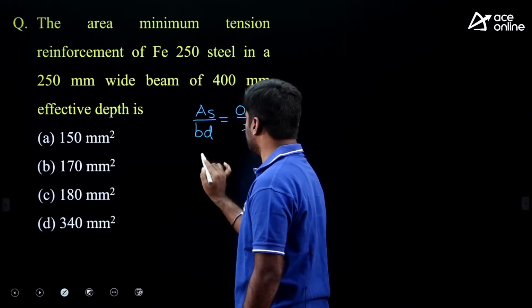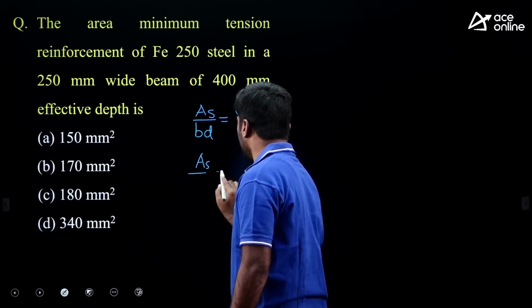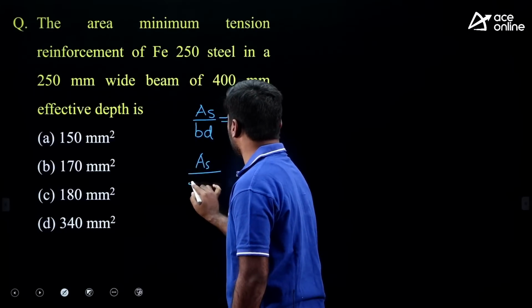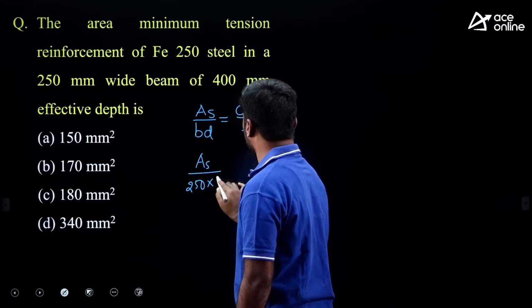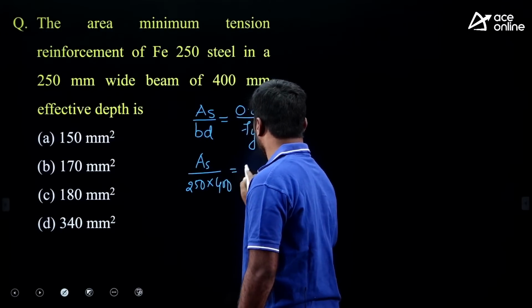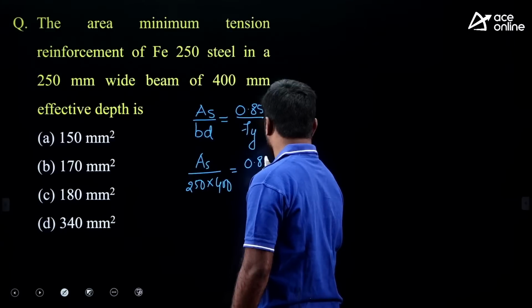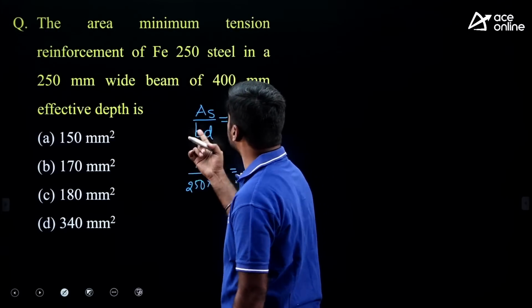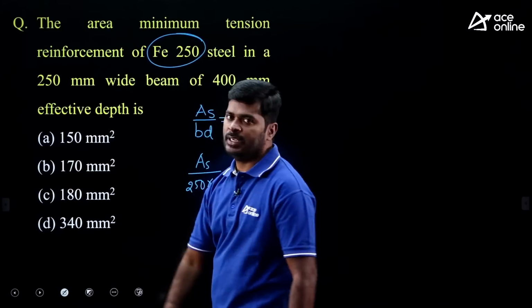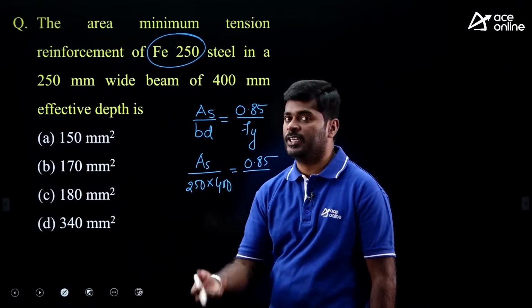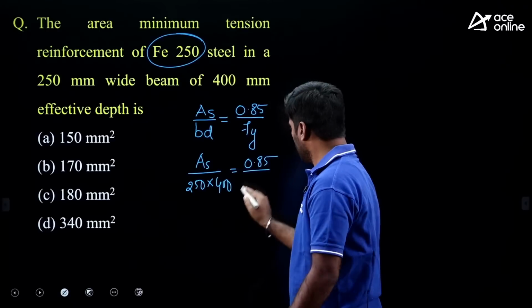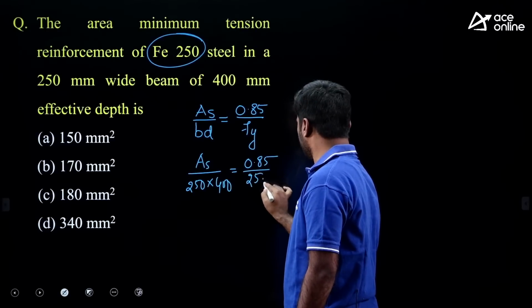We want As. The remaining data is given: b, the width of the beam, is 250 mm and the depth of the beam is 400 mm, equal to 0.85 upon fy. The yield stress, my dear, for the given grade of steel Fe 250, is 250 Newton per mm square. Now write down here 250, right,